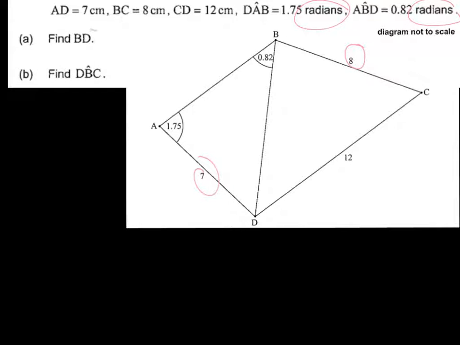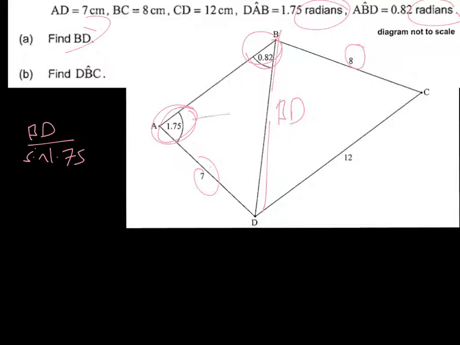We are asked to find BD in part A, which is this length here. So we should hopefully notice that we've got here an angle and a side opposite, and this length that we want to find, this unknown BD, is opposite this angle here, 1.75. So here we can use the sine rule. So we would say that BD over sine 1.75, which is the angle opposite it, is going to be equal to 7 over sine 0.82, which is the